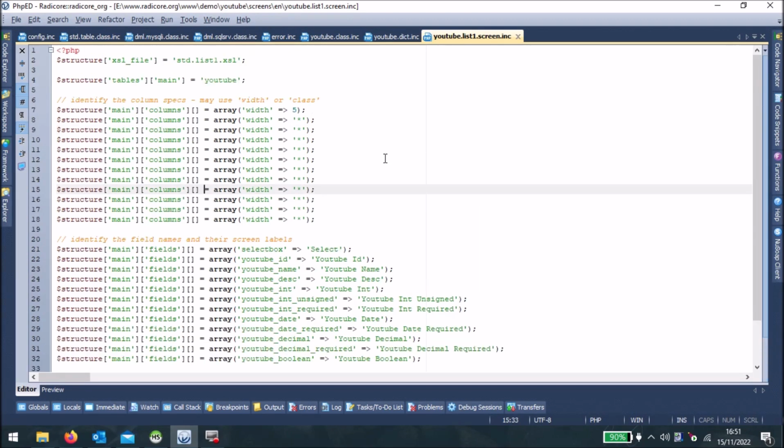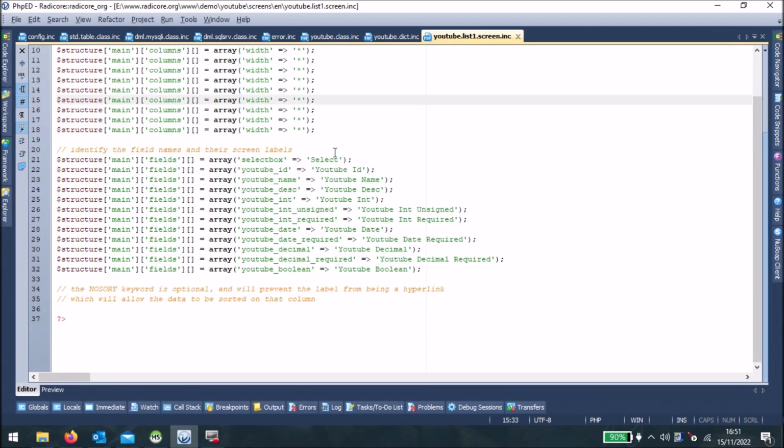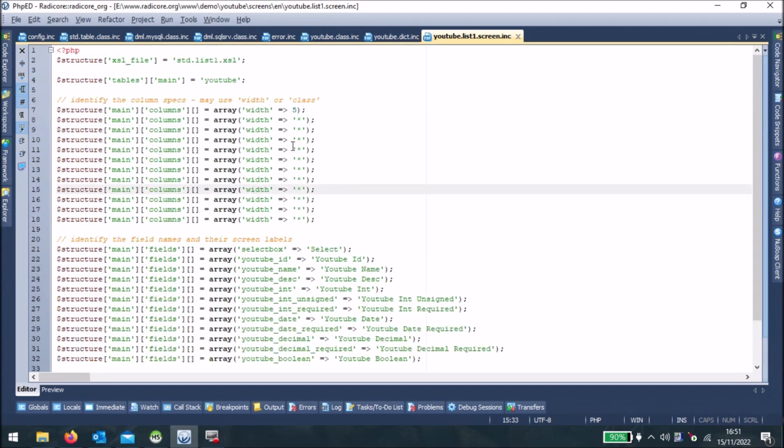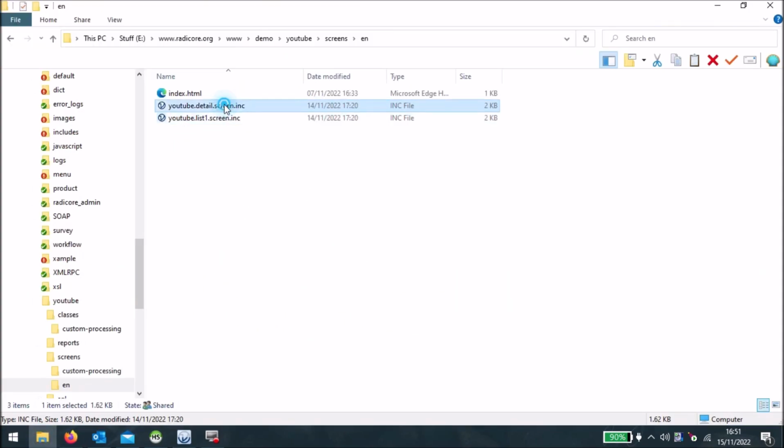Now this is the default structure file that is created, but after it has been created, the developer can at any time come in and modify it to actually add columns, remove columns, move columns around, or even change the column widths. Now this is the list 1 screen for the parent of this family. The other screen structure file